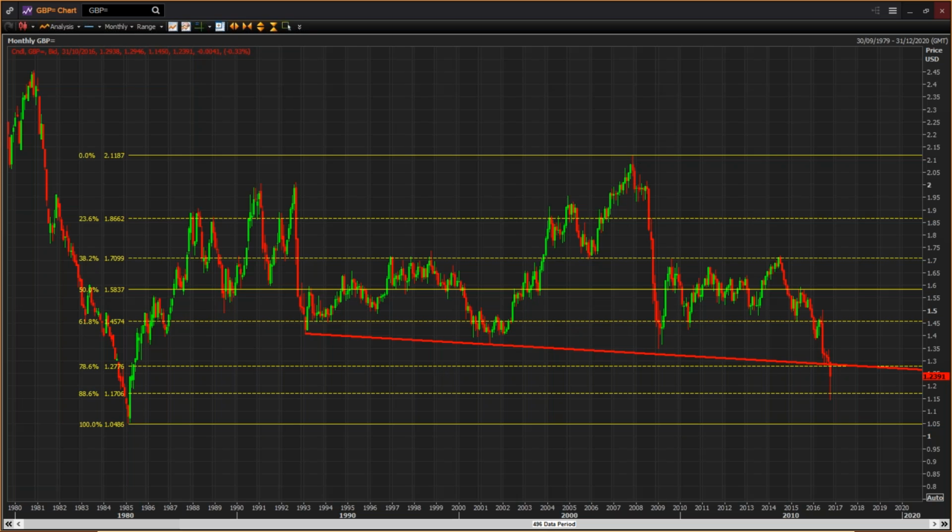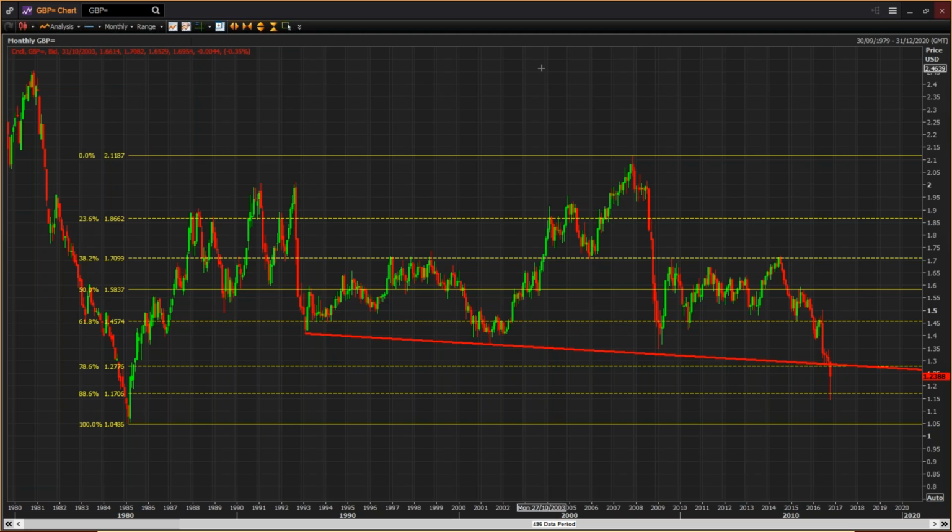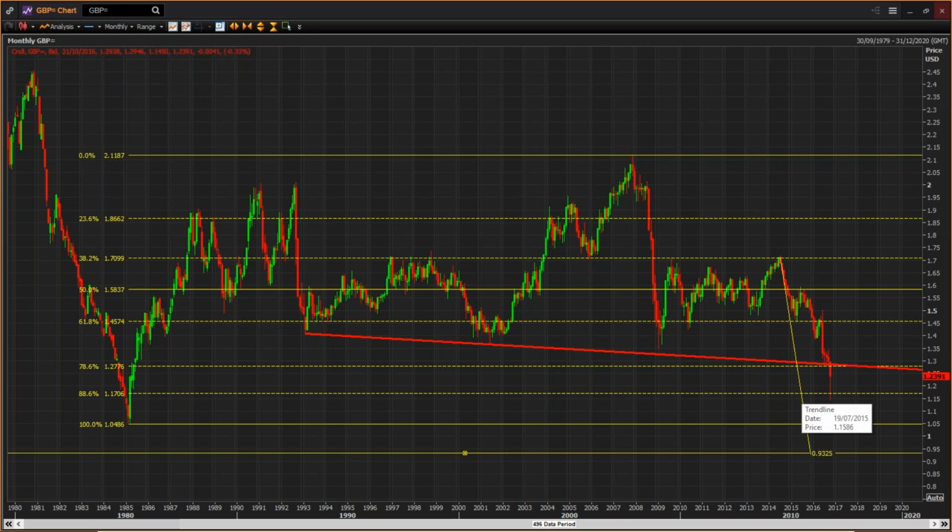If we map the moves that we saw during the global financial crisis, the 2007-2008 decline, 2008-2009 decline rather. So if we take a line and map that move and then apply that to the current decline that we're in, you can see that gives us an ABCD projection, so a symmetry projection here with the equidistant leg completing around the 93 level. So we've got some significant downside targets in cable here, and for the time being, whilst we remain below this broken trendline support and the broken 78.6% retracement, we do seem to be heading down to test these